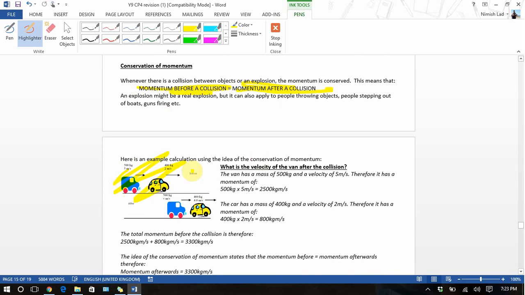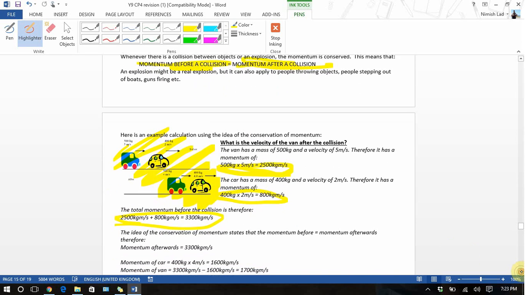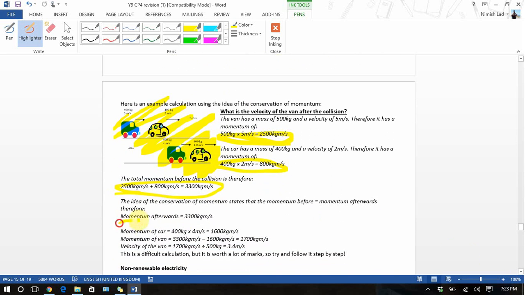We've got an example calculation here where we're calculating the momentum of the van and the momentum of the car, and therefore you can figure out the total momentum beforehand. So you can work this through in your booklet, or you can pause the video and watch it through. And then you know what the momentum is before, so the momentum afterwards is the same due to the conservation